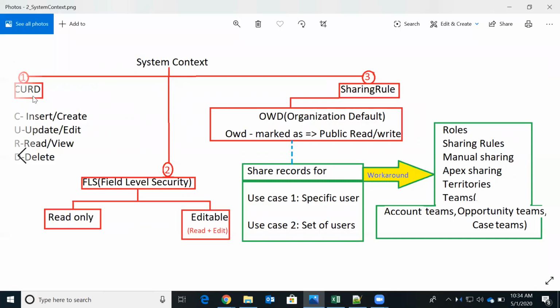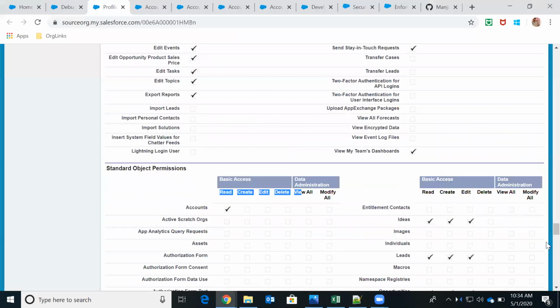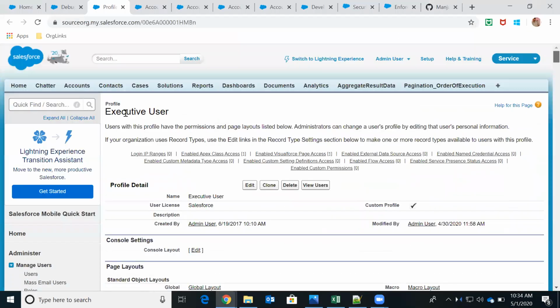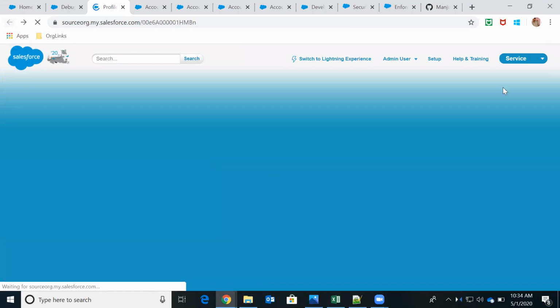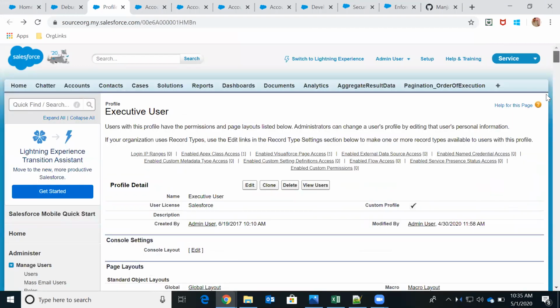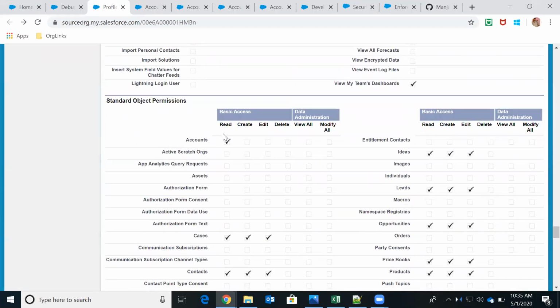For example, for this profile, if I click view users, I can see which users are aligned to this profile. These users' permissions are based on this profile's object settings. Assume here I have read permission, so I am able to read my records.